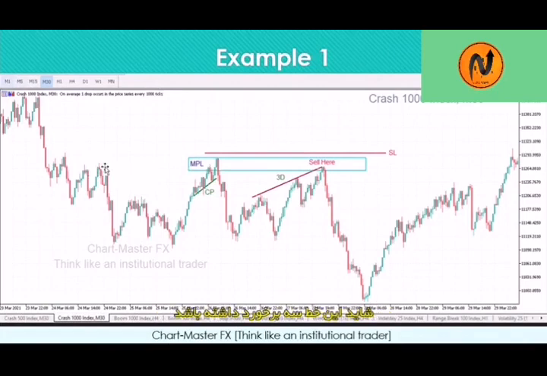Maybe this one will be 1, 2, 3 kind of touches. So this is an MPL, guys, that we have here, or we can call it a quasi-model level. I don't know what you can call it, but all those decision points, they are valid. So once you do that, you draw your MPL zone. Once you draw your MPL zone, then you wait for the price to approach the MPL in a form of